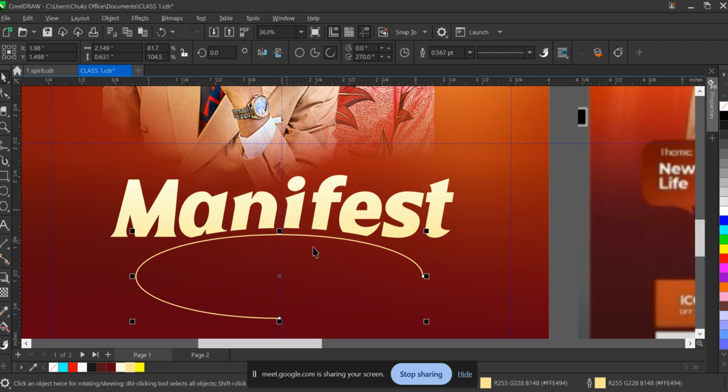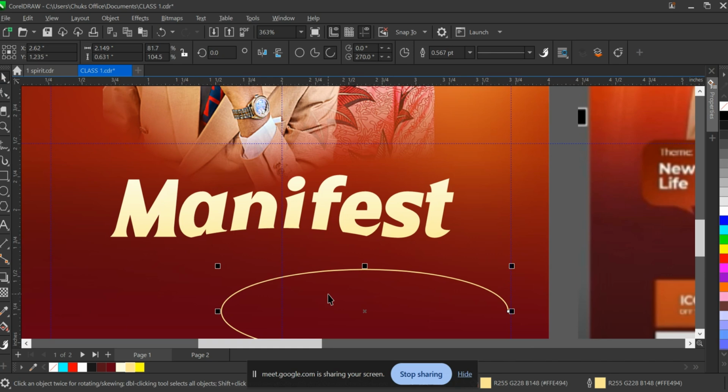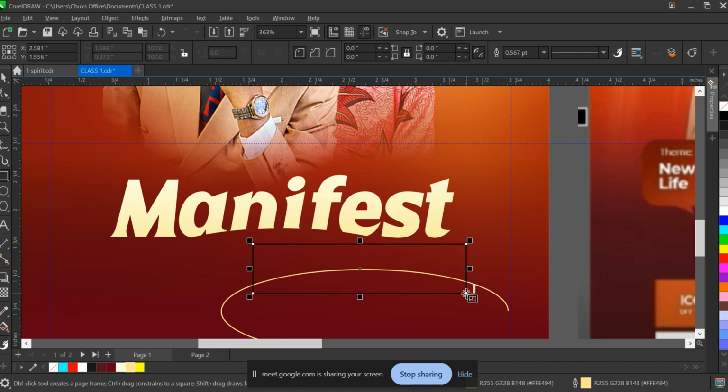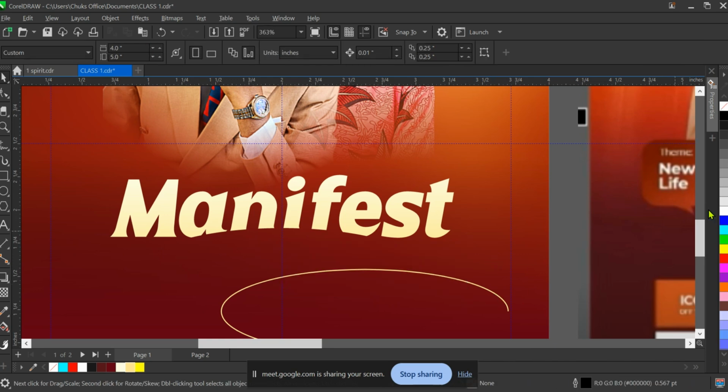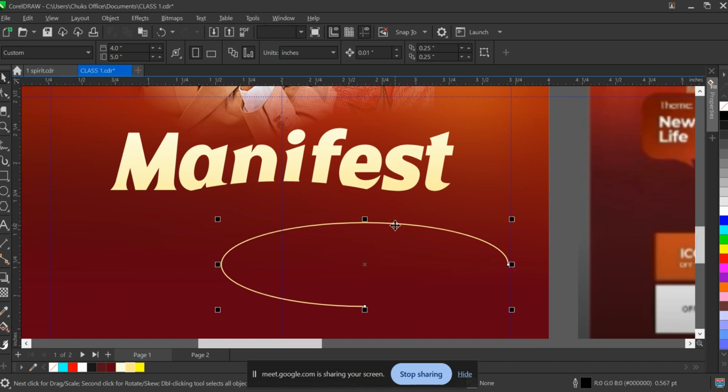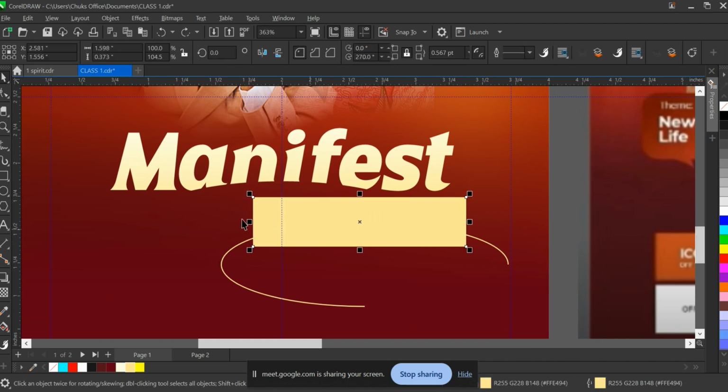So this arc now, we need it to just come from here to this point. So I'll use this shape to arrange it. Then I'm going to come here. You can do it manually. If I have this, you can just create another box like this. This is one way. Or there is a tool you can use. Let me even see. If I create this box,